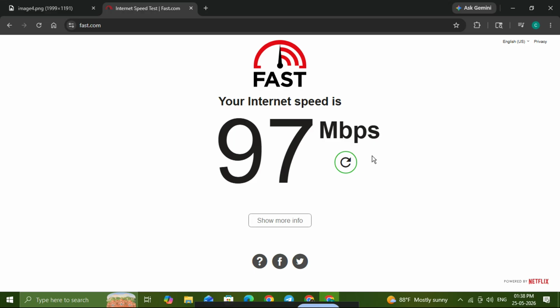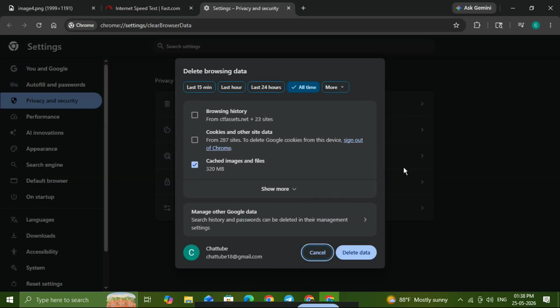This is one of the most common fixes for website loading issues. To do that, press Ctrl, Shift, and Delete on your keyboard. In the window that appears, select Cookies and Other Site Data and Cached Images and Files. Then click Delete Data. Old or corrupted cache files can interfere with how TikTok loads, and clearing them gives Chrome